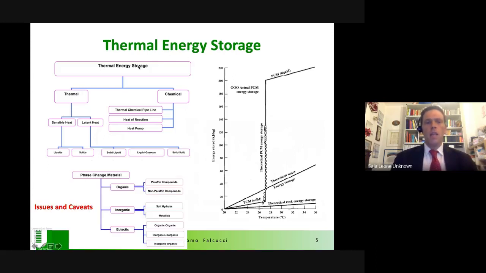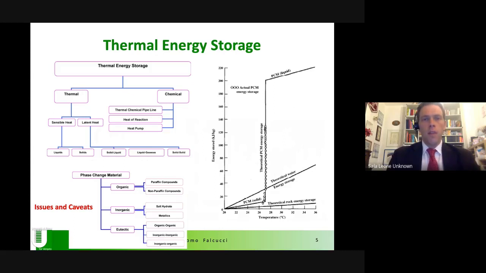The phase change materials store energy just through this latent heat storage or release, and they are divided into different kinds: organic, inorganic, and eutectic. And all of them have issues and caveats. Okay, so most of all, they are characterized by the capability of storing a large amount of energy. So they are very interesting from this side. The problem is that